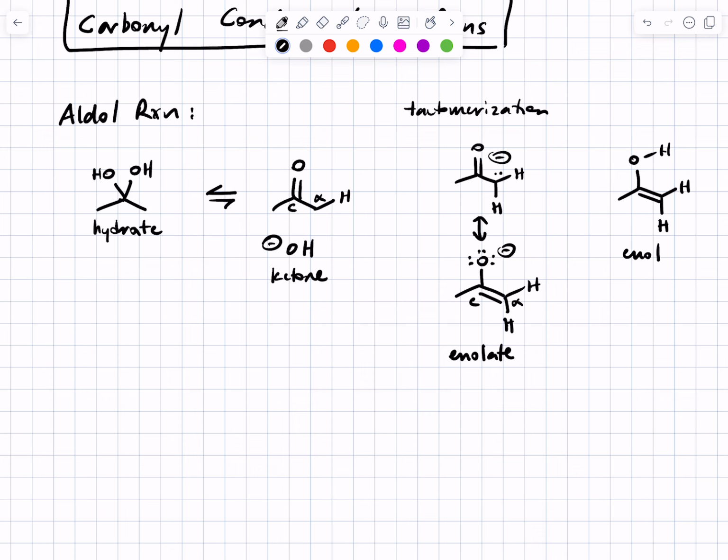And we said that given how acidic H2O is, which is to say not very, under basic aqueous conditions greater than 99% of our ketone should be in this non-enolate form, and there should be less than 0.01% enolate present